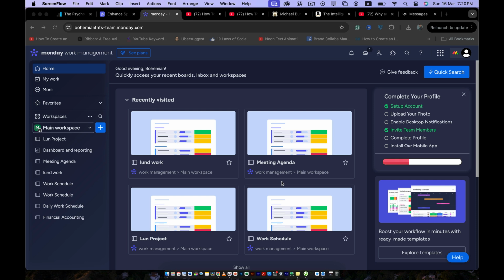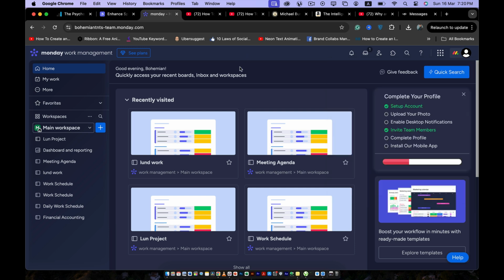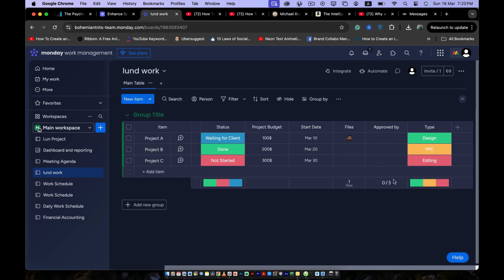So the first thing that you need to do is you have to log into Monday.com from your account. And once you log in, you will be redirected to this home page. And from here, you can open any project that you're working on. For example, I've opened this project and now if I want to add location here, what I'm going to